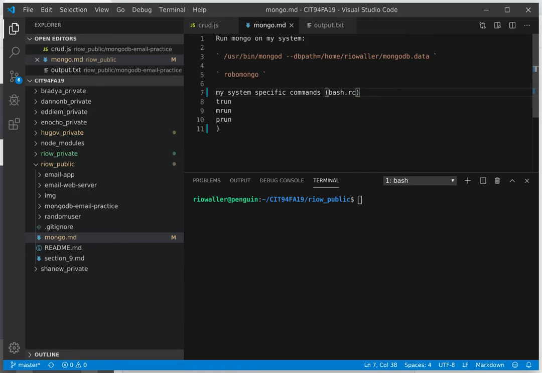And that is just a file on all systems. And in this case, instead of running this whole command in the command line in order to run Mongo, I can just run mrun. Now for me to run the tool, the Robo 3T, in order to graphically look at the database, I would normally run Mongo or Robo Mongo, but I modified that too. So what you're about to see me do is actually run my modified commands,